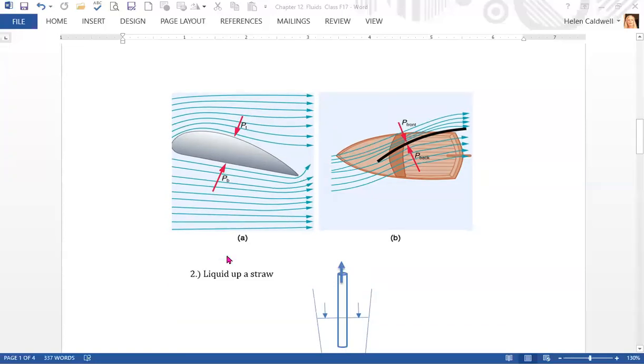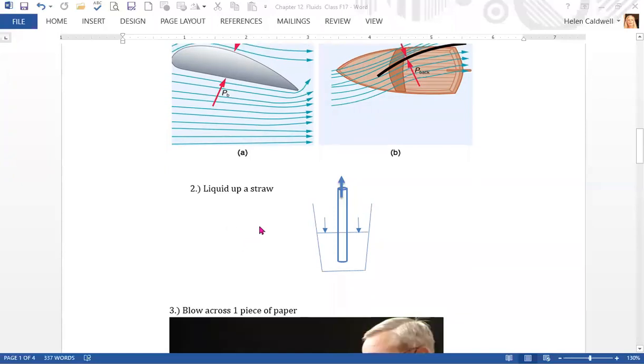Let's talk about some other applications. Let's look at lift in a straw. So here we have my little blue glass. I was not very creative, and it's got fluid in it. And now we have my straw, and I am sucking up on the straw. So when we do that, what we have is a high velocity